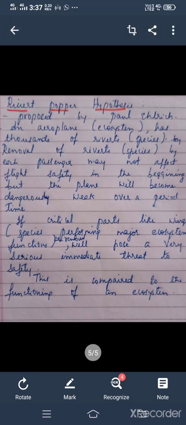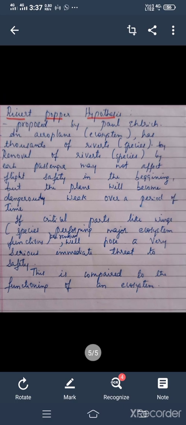An aeroplane, which is considered as the ecosystem, has thousands of rivets. Rivets means species. Removal of these rivets means removal of the species from the ecosystem by the passengers one by one. Imagine passengers removing these different parts of the aeroplane one by one. What happens? At the initial level, the aeroplane is fine, but if we go on doing this for a while, removing the main parts of the aeroplane like wings and all those things,